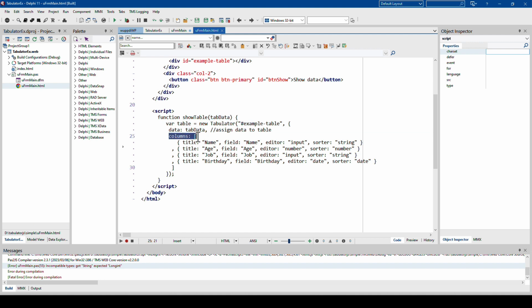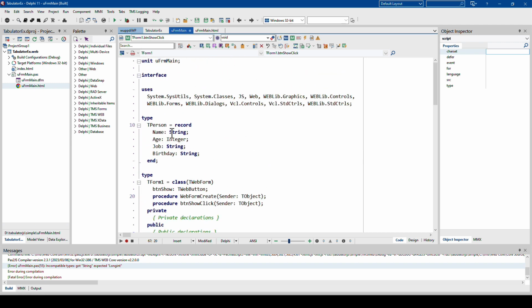So the column definition right here is simply that I say I have name, age, job, birthday. Those are the titles. And then I have the fields. What are the field names? Well, the field names have to match the properties. So name, age, job. If we look at the data type right here, those are name, age, job, and birthday.